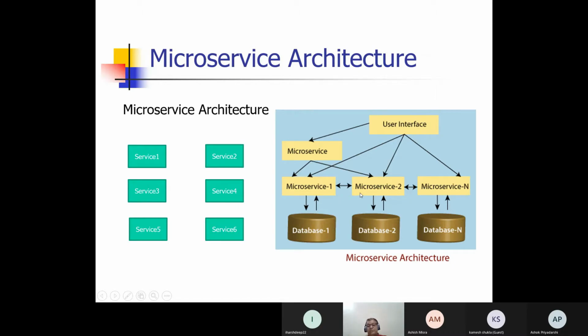Also, there may be a situation where the microservices communicate between two services among themselves. All this kind of communication will take place in order to serve their task. And once the task is done, the result of that microservice will be returned back to the client.